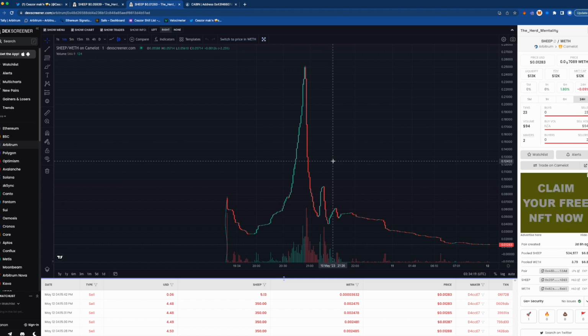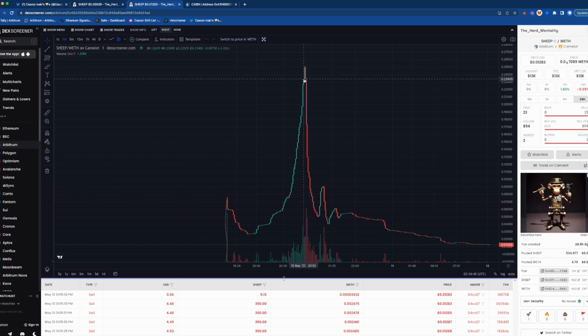Now, like I said, I did this because I wanted to learn more about how this thing works and why it's so popular and what's going on here and so forth. But I do still feel that it's a net zero for people. Like, this token was not expensive. The market cap is like 12K. I don't know what the market cap was at this point, but it definitely didn't go into the millions, right? So I don't feel that this token was ever a huge risk to a lot of money,